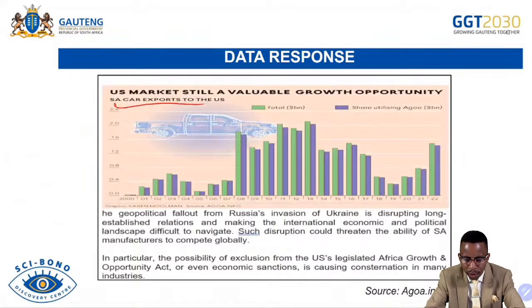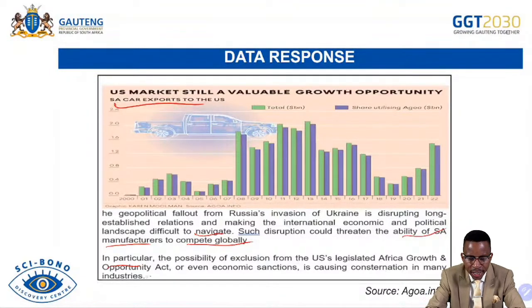The geopolitical fallout from Russia's invasion of Ukraine is disrupting long-established relations and making the international economic and political landscape difficult to navigate. Such disruptions could threaten the ability of South African manufacturers to compete globally. In particular, the possibility of exclusion from the US-legislated African Growth and Opportunity Act or even economic sanctions is causing